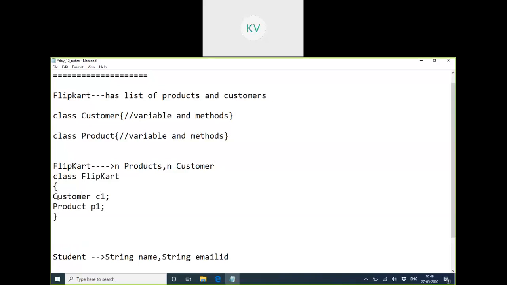Customer objects. That means customer is nothing but a user defined data type. You should always remember this point: classes are user defined data types, reference data types.